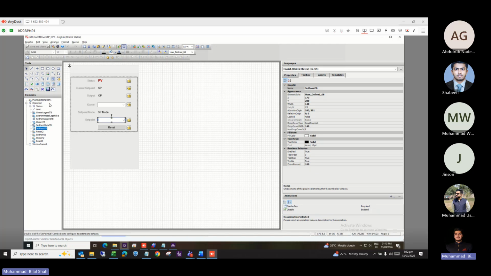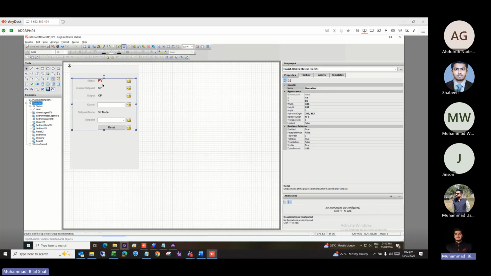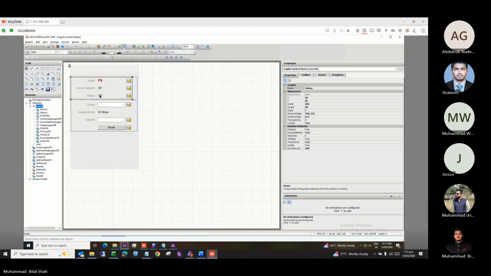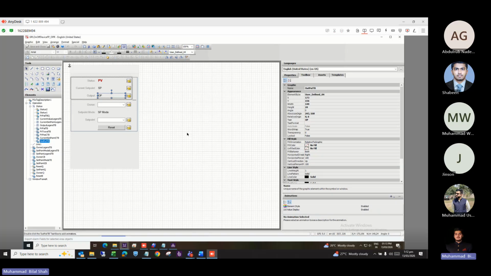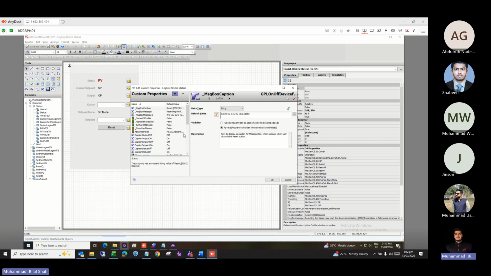Usman, I just want to check the output. So you have this reference over here as OP. And what is OP basically? You will see it from the custom properties. So OP has a tag which is devctl.st.op,